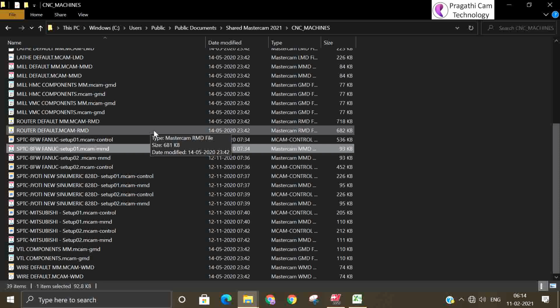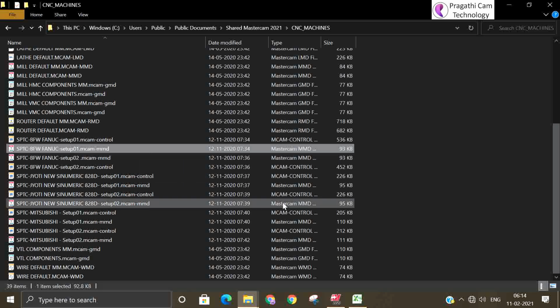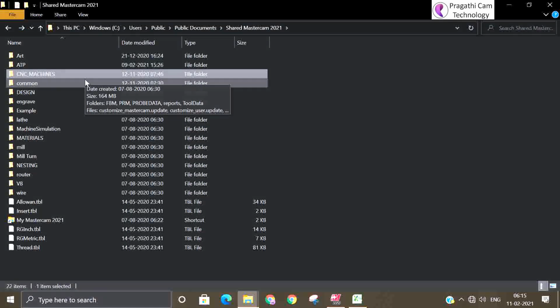So almost all control files are similar. What changes is the machine definition files. So inside CNC machine there are two files, the .mmd file and the .control file.